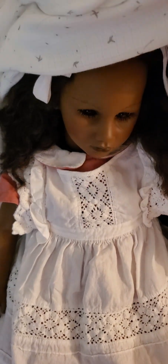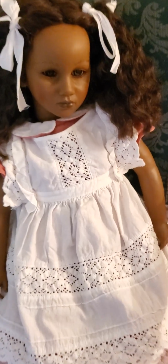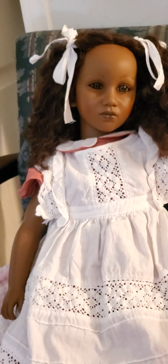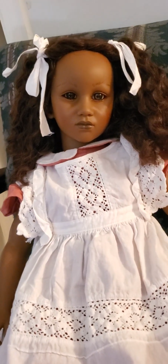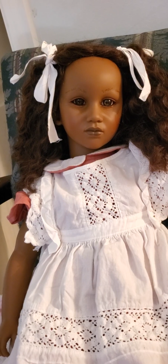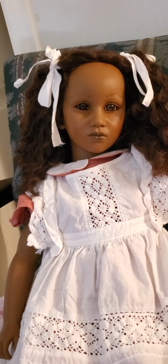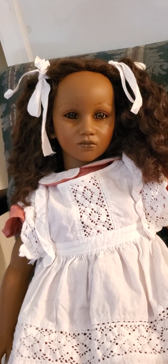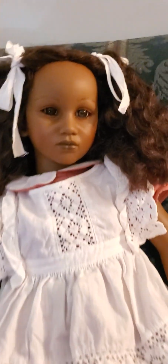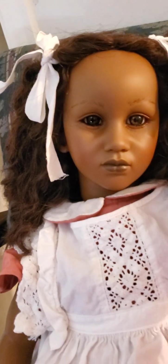So here we go. Look how pretty she is. She's very dark complected. She's beautiful, her skin tone, and there's light shining on her, so she looks lighter. But she is a Hemstadt doll. A Hemstadt? I hope I'm saying that right. I'm probably not. So she's a German-made Hemstadt doll, and she was made, the artist that sculpted her and made her,